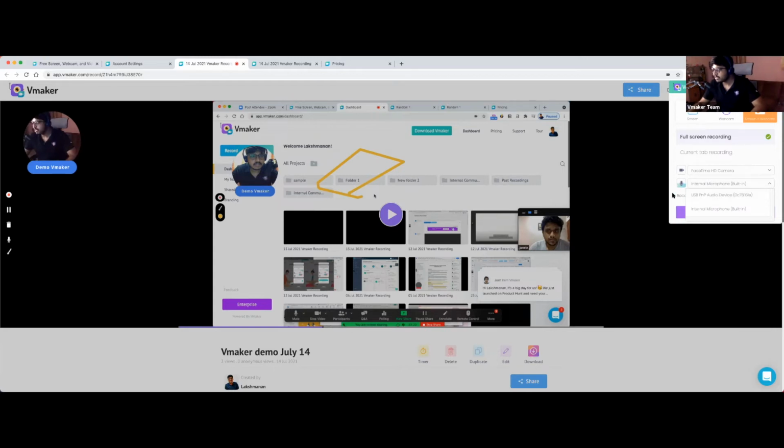The next option is to select the recording quality. You can see we have up to 4K HD recording. Please ensure that you have selected the right quality before you start recording, because usually it tends to be in 480 pixel, but again, you have the option to edit that as well, but ensure that it is in the required clarity before you start recording.